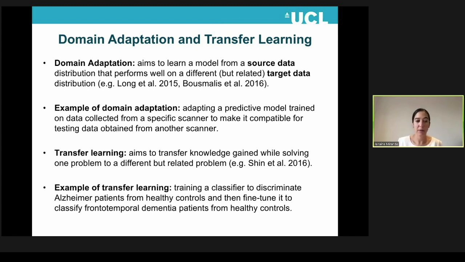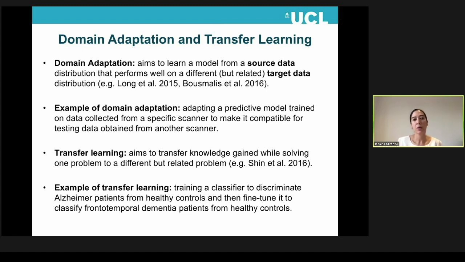And one reason why one might use this approach is when we don't have a sample of frontotemporal dementia patients large enough to train the model. So we might want to pre-train the model with a different but somewhat similar group, and then fine-tune the model with the patient population of